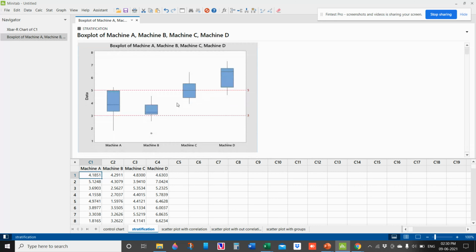So we'll get the box plot like this. Here we can accept machine A and try to work on machine A so that it does not produce on the lower side and some parts at the upper side. So what is the ideal box plot? It should be well within the spec having lesser variation. So it is a very good box plot. So this is how we can create a box plot in Minitab. You can use this tool to analyze any data category wise in order to see which machine is giving a variation or which instrument is giving a variation for the same output.